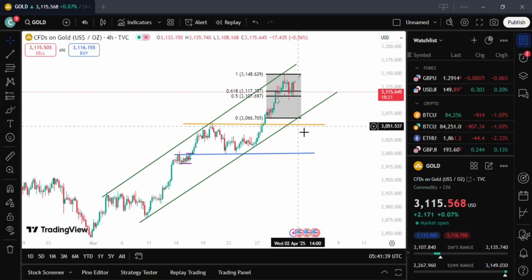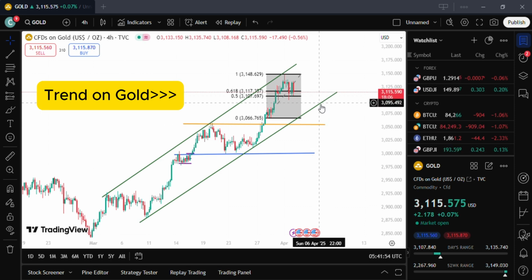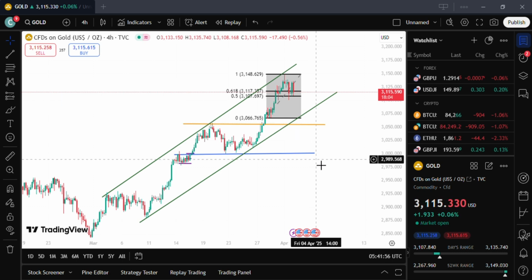I'm expecting maybe after these tariffs a pullback, but at the moment we could see there is a trend. We could follow this trend and know that the price of gold is going to be higher and higher, because after these tariffs that are going to be announced today, we don't know if investors will be afraid of inflation or what's the